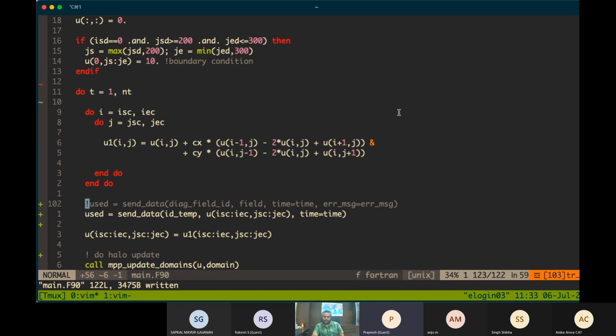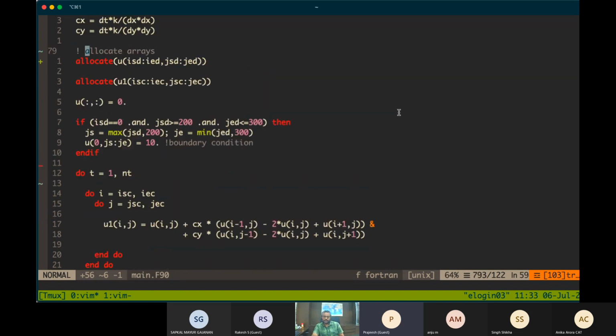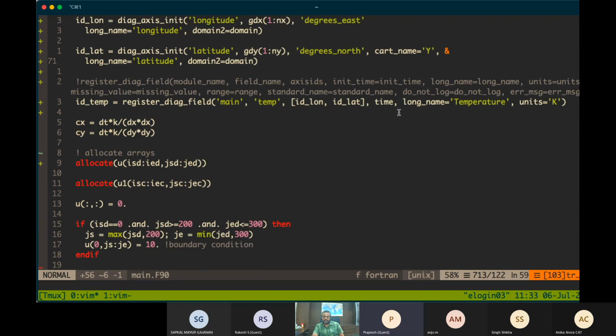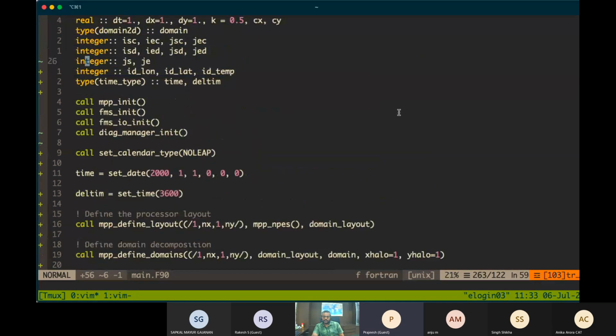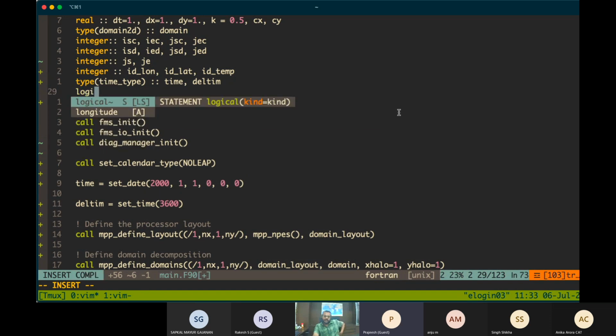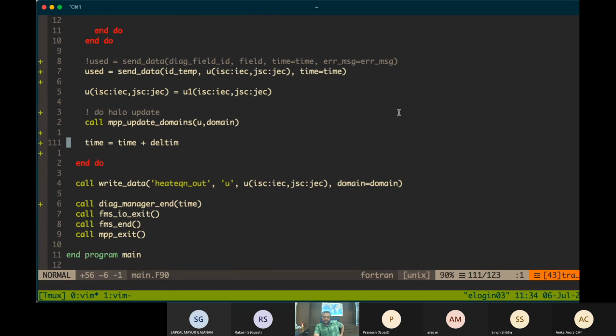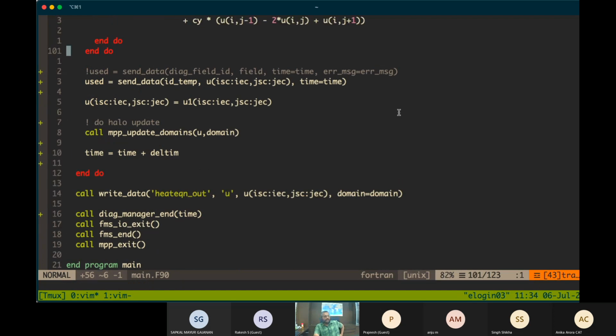You can use any variable here. It returns a logical value, so you can use it like an if statement, whether yes or no, whether you send or not.